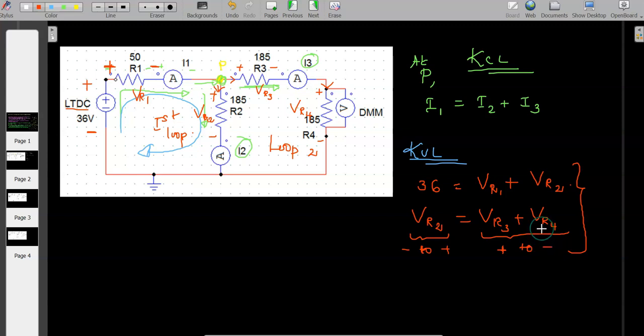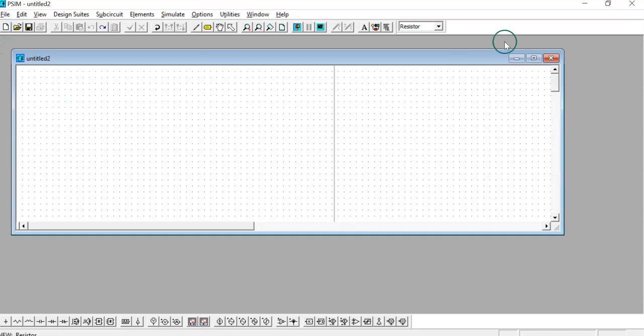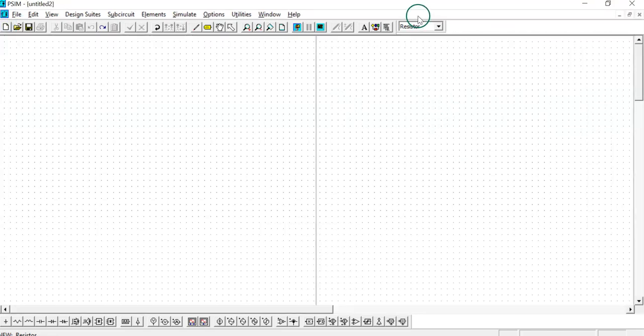using the simulation. So let me open PSIM. So now I have opened the PSIM software, and this is the home page of the PSIM software. So in the PSIM software, now I am clicking a new icon and a new work area has been produced. So here in the PSIM, if you see, at the bottom we are having so many components that we frequently use in electrical circuits,